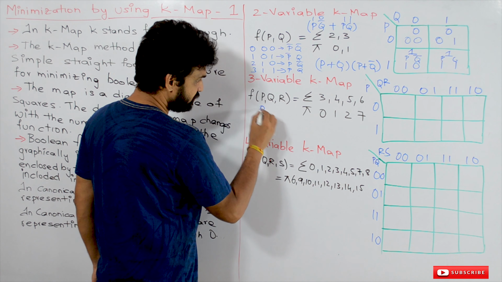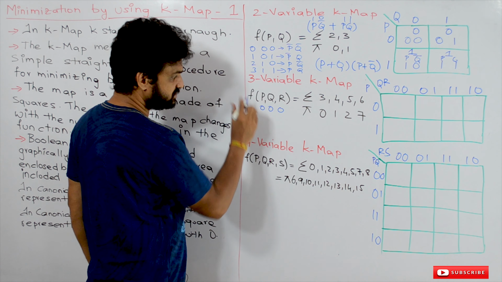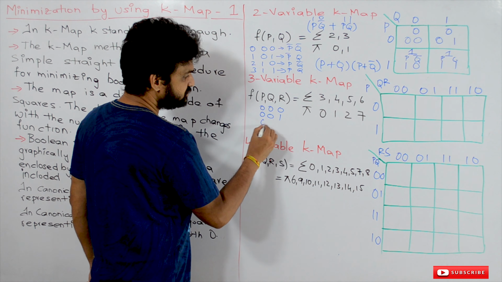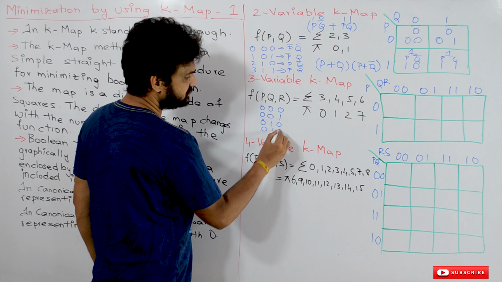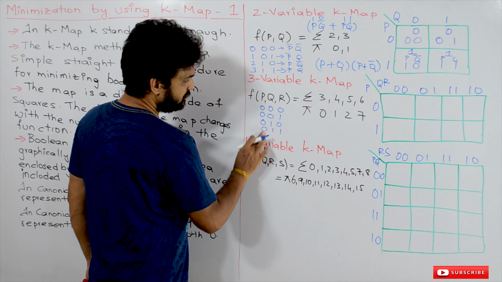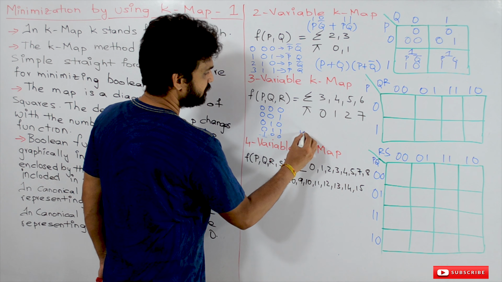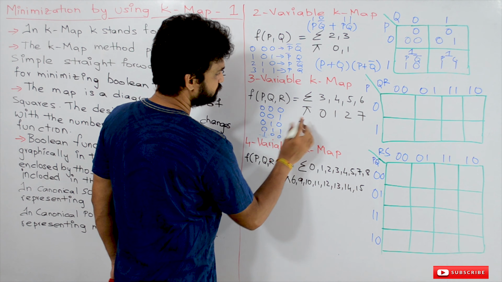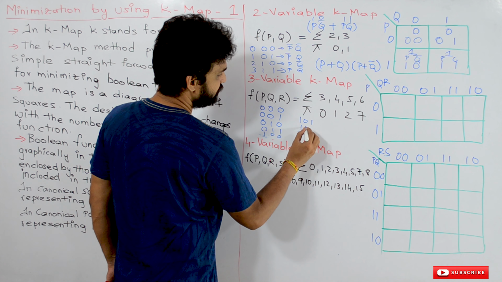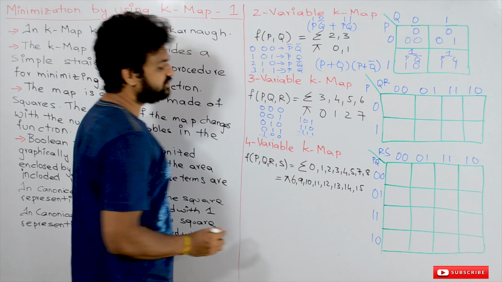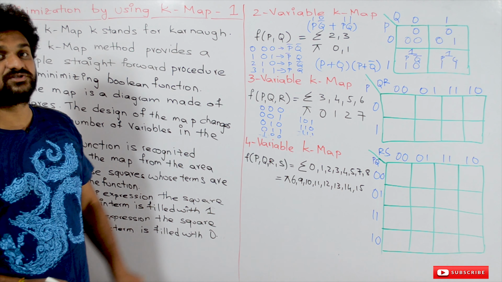So we are not going to write each and every term. These concepts were already discussed. So just for your understanding, I am writing some of the terms. Okay, 1 0 0, and the next terms are 1 0 1, 1 1 0, 1 1 1. So these are the different combinations that are possible.